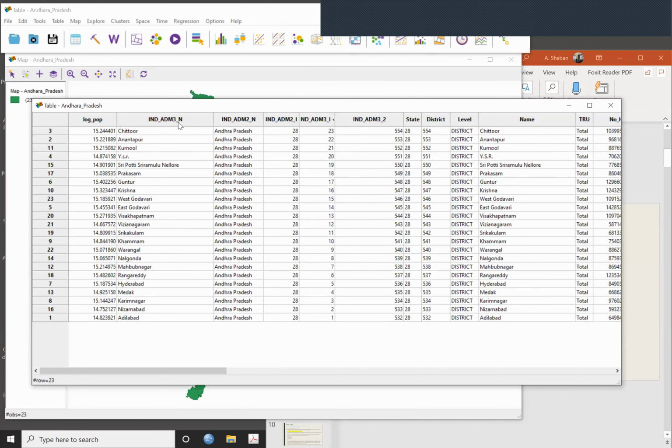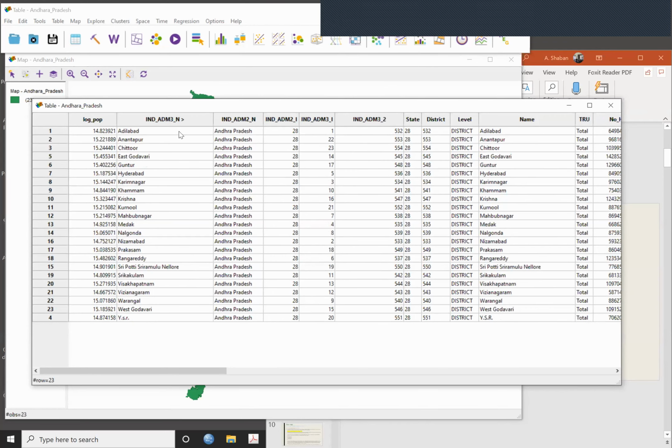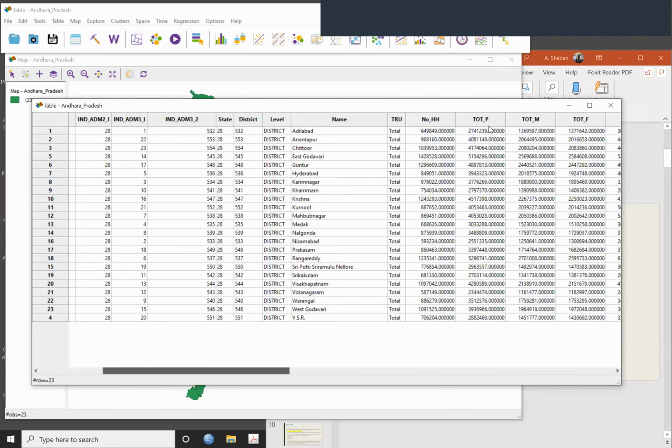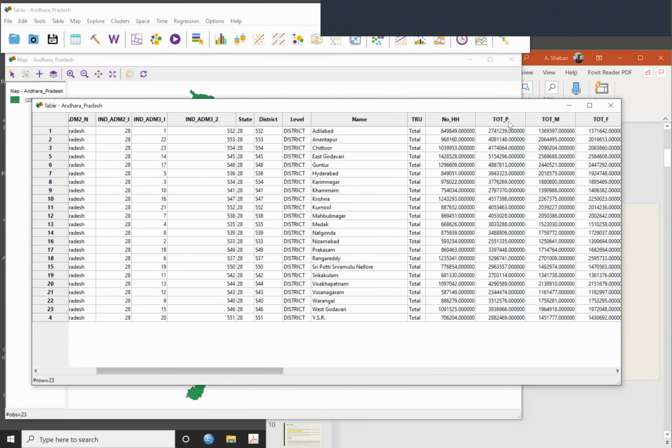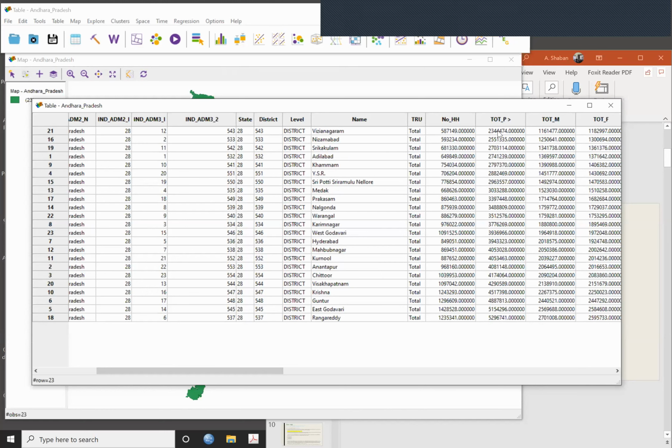So there is a possibility to see outlier variables sometimes. For example, if something has huge population, then you can spot the outlier. For example, number of households, total population. There may be some of these that have a huge population. So you can see 2 million, and then here about 5 million population.